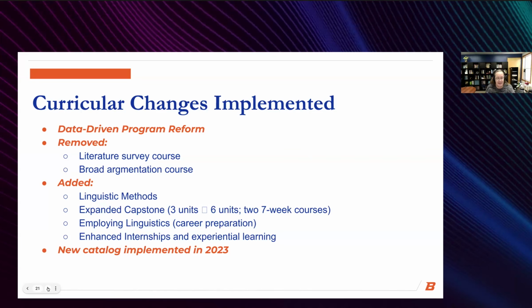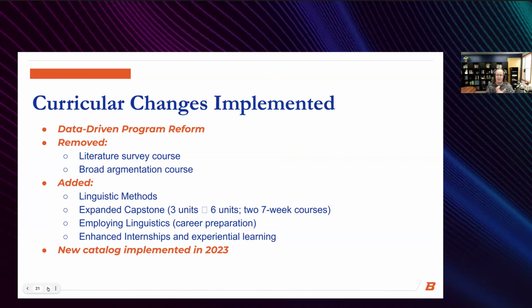We also expanded our capstone course. We had a semester-long 3-unit course that we expanded to 2 courses over that same semester, each one being 7 weeks long and still 3 credits each. And so the first component of the capstone sequence is an advanced methods course that takes place over the first 7 weeks.